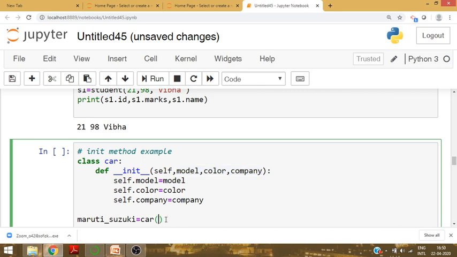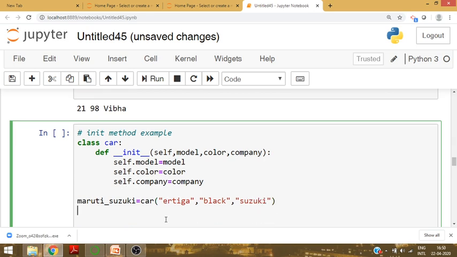Suppose model is Ertiga. Okay, Ertiga is the model. Color is suppose black, and company is Suzuki.